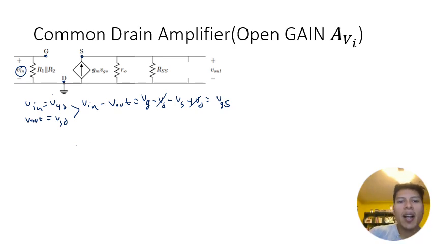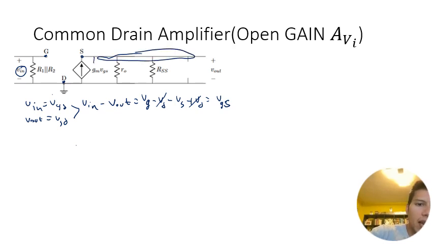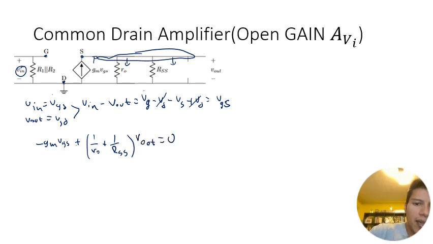Okay, so that's going to help us because now when we look at this node here, we have this current coming in, so negative GM VGS, and then these two currents coming out, so we have plus 1 over RO plus 1 over RSS times Vout. That has to be equal to 0. And what that means is actually that